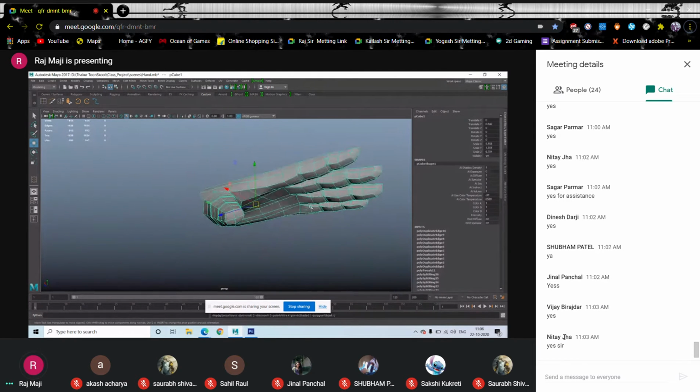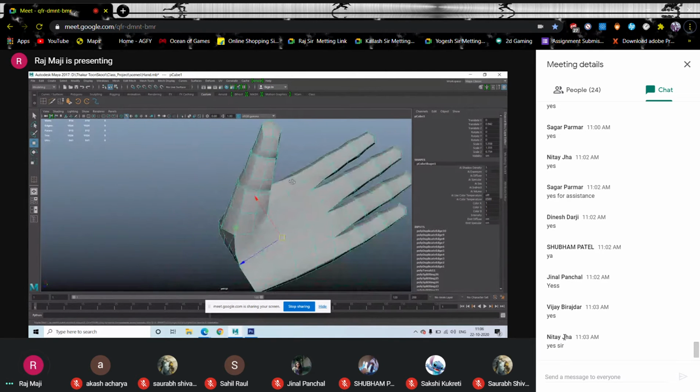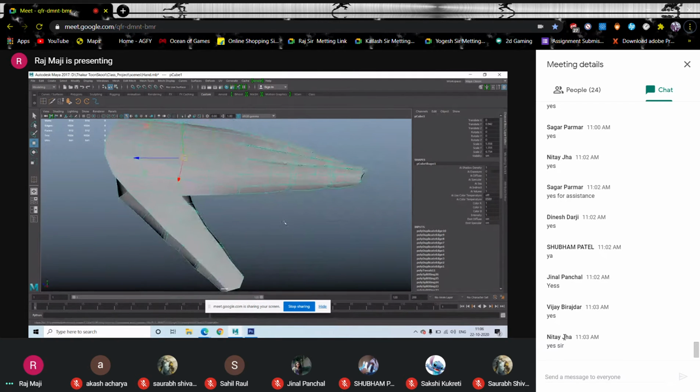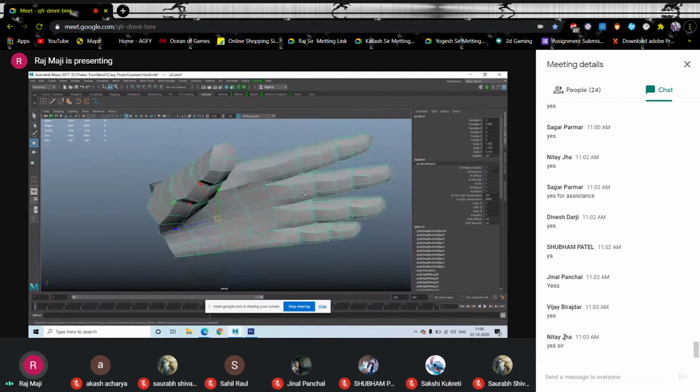All right. Now you can ask me, sir, but in the thumb we have two phalanx only. How come you have created three segments? First phalanx, second phalanx, and this is the metacarpal. Okay, this is not the phalanx. That is the metacarpal. Anyway, so now